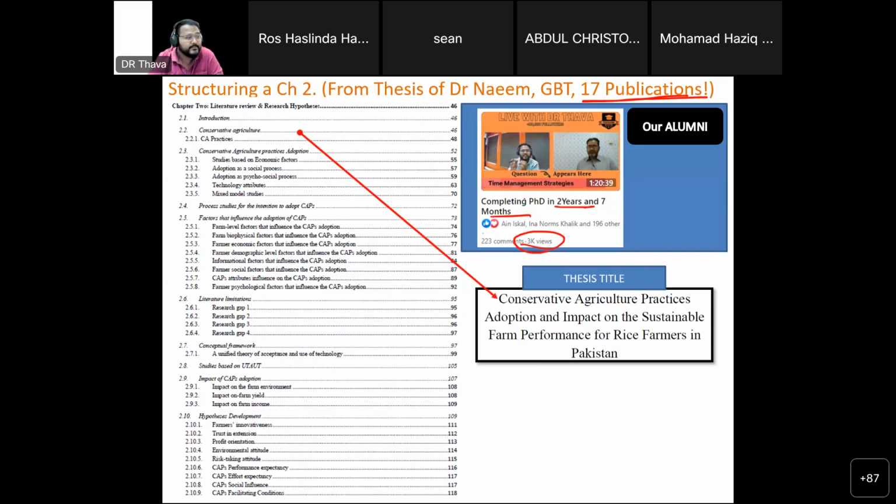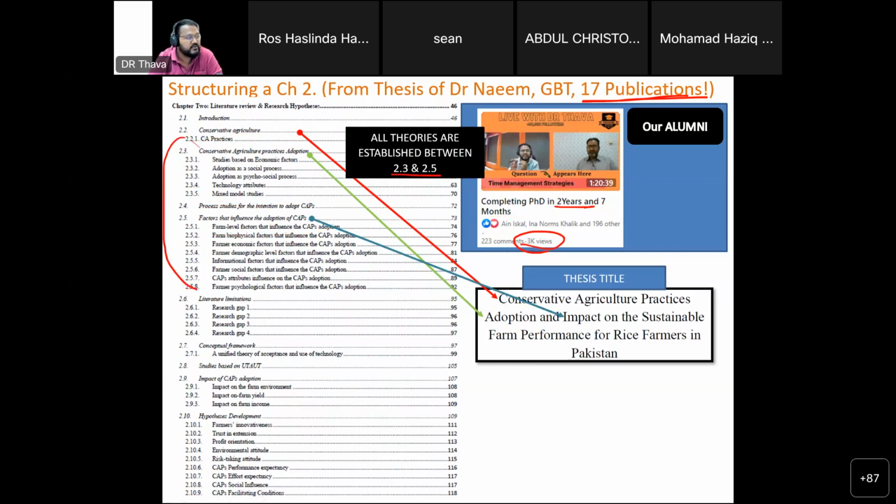So conservation agriculture is what he started his chapter 2 with. Then he followed on with the next part on adoption, which is this. And then he went to the next part with impact. So this was on impact. Then all the theories that he used for his research were established between 2.3 and 2.5.